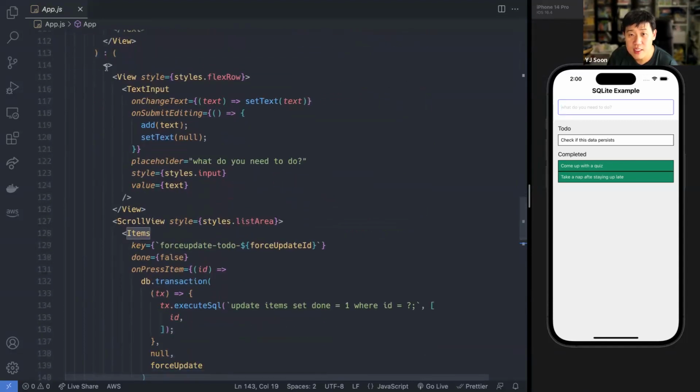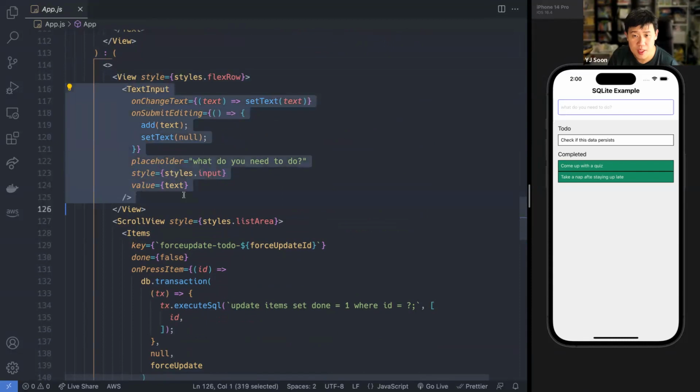Okay, so this thing is a fragment. It just contains everything inside. It contains more than one thing inside. So there's a view over here, and then a text input. A text input is essentially a way for users to type stuff in. What's interesting about text input is that it has to be tied to a state variable, because if you don't tie it to a state variable, then essentially there's no way to update the screen. Remember, your screen can only be updated by state variables.